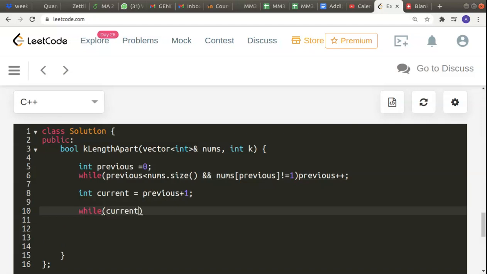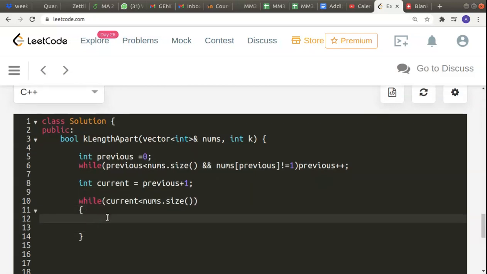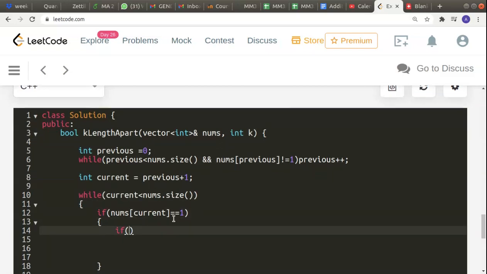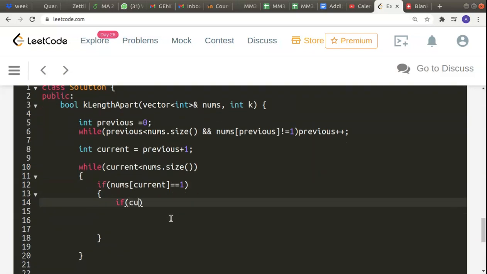So while the current variable is less than nums dot size, we can just do the check. If nums of current is equal to 1, then the check that we will have to do is, if current minus previous minus 1 is less than k, then we can return false.